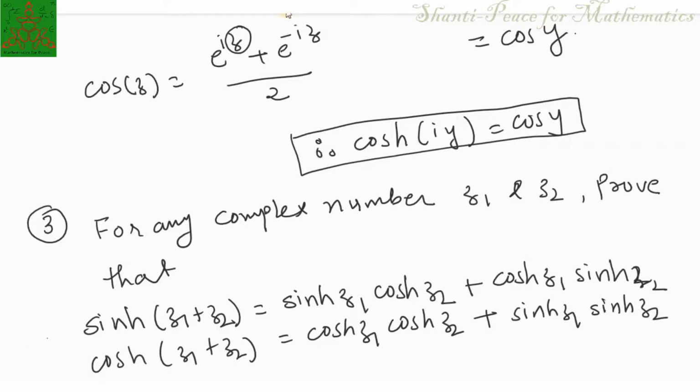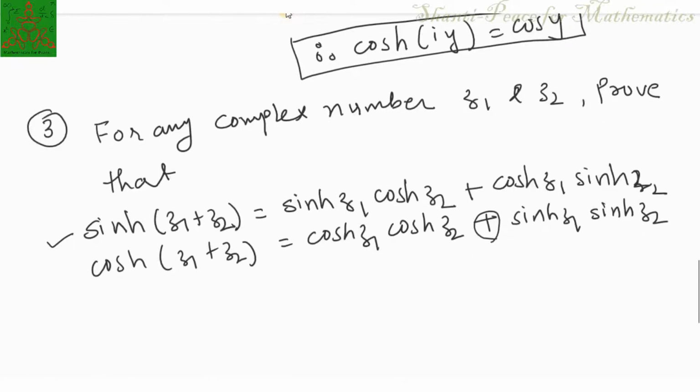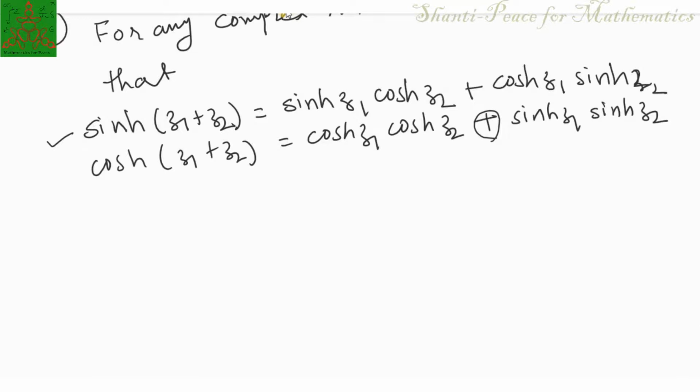Now in both identities, just observe what the difference is with the sine and cos. In the formula you will have a minus here instead of this plus. So just observe that, you have a slight change in the formula here. Please don't confuse or misinterpret these cos hyperbolic and sine hyperbolic functions. Let us try to prove these two identities.